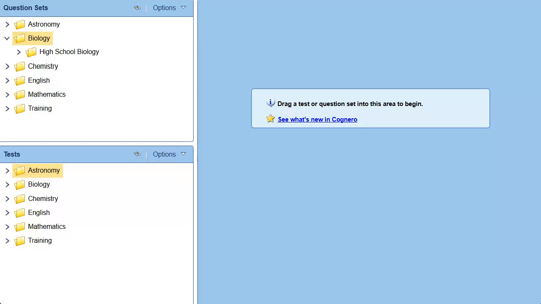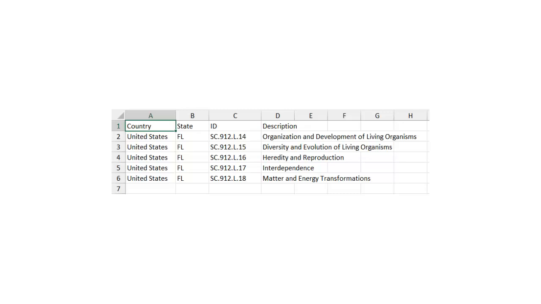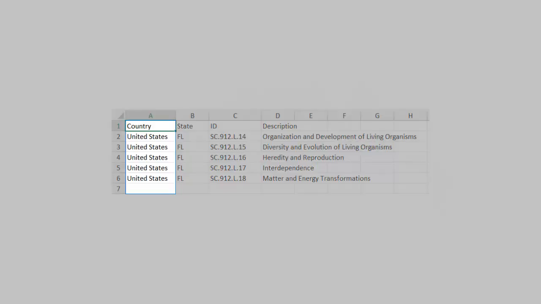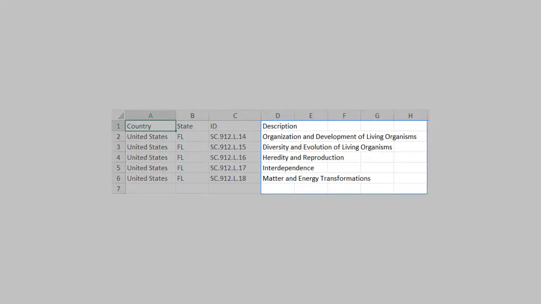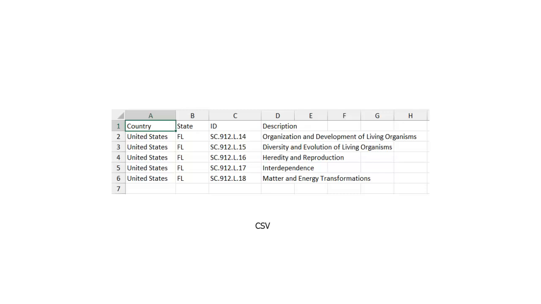in advance. Here is a spreadsheet I've created with Florida standards. It has a column for the country, the 2-letter state abbreviation, standard ID, and the standard description. I've saved the spreadsheet as a CSV file that I can import into the system. It's important to have meaningful column headings because we'll need to map the data in this file to the columns